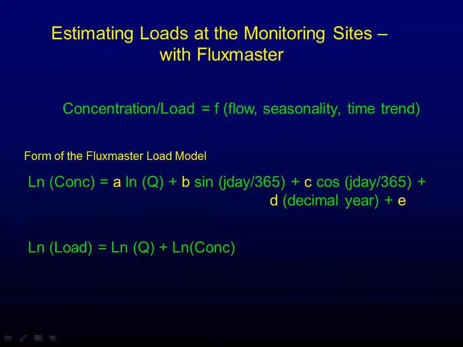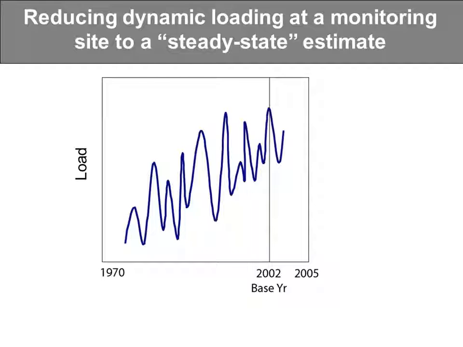So we're going to assemble as much data as we can for that and come up with those coefficients. Once we have those coefficients, we basically multiply in log space. We're adding on the flow, and so we'll be able to compute the load on a daily basis. What we might want to do here is compute the load for 25 years. If we have that kind of data, we'll come up with all that, because what we want is a long-term average load. So after we're done, we compute it on a daily basis and add it up.